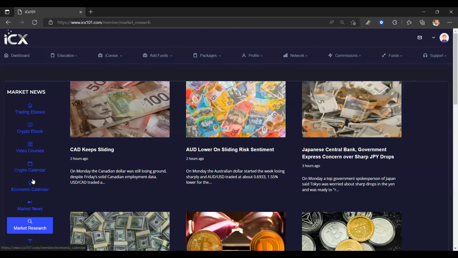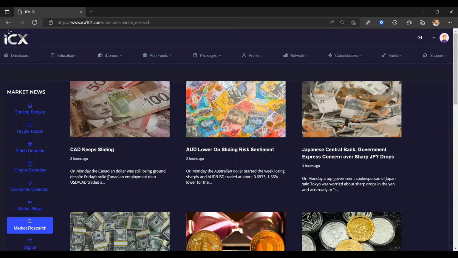Then we have the market research. This is the most important information to a trader. Canadian dollar keeps sliding, 2 hours ago. On Monday, the Canadian dollar was still losing ground despite Friday's solid Canadian employment data. So this particular data is an analysis derived to help you make decisions if you trade the Canadian dollar,